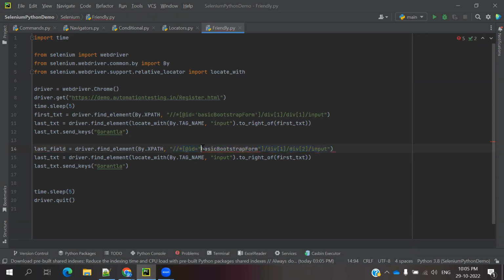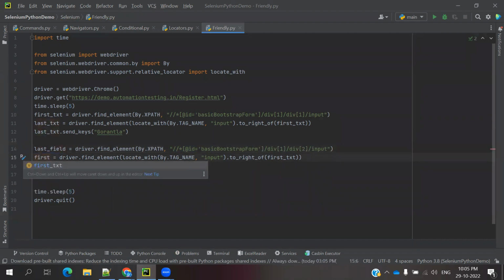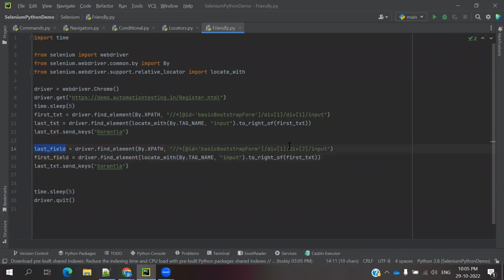Okay, now I need to change the single quotation. Okay, now everything is okay. Then again here I need to change for first underscore field. Okay, the last field I need to convert it here. I need to paste it here, and I need to use the tag, and I need to send for a Lokesh is my name. Okay, then we completed for